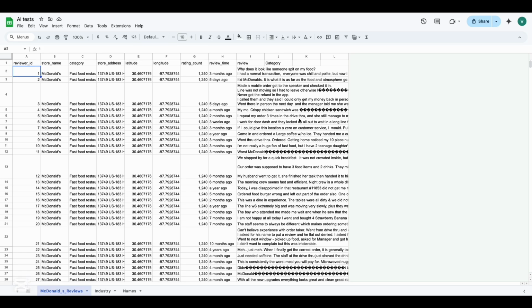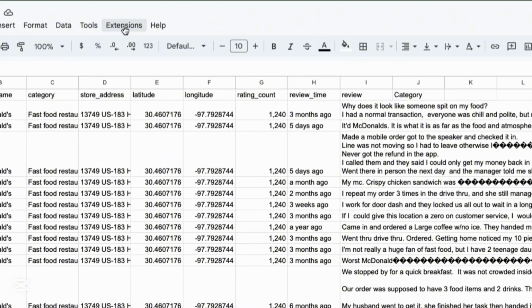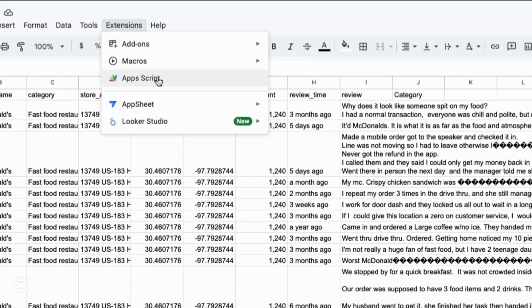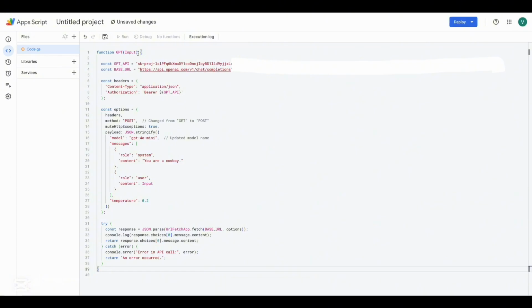So to integrate OpenAI's API into your Google Sheets, the first thing you want to do is go to Extensions here, and click on Apps Script. And now this is what you're going to see. I'm now going to add the code here that integrates and connects OpenAI's API to your